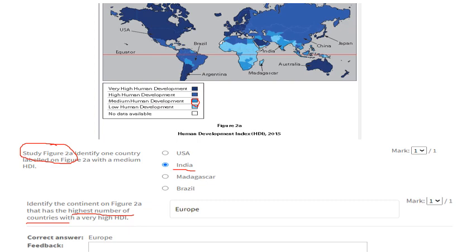But actually, how many countries make up North America? Well, here we can see you've only got USA and Canada. That's only 2. Whereas Europe, which is dark blue, holds over 20 countries in that zone, which have got a very high HDI. So the answer would have been Europe. So read the question carefully.